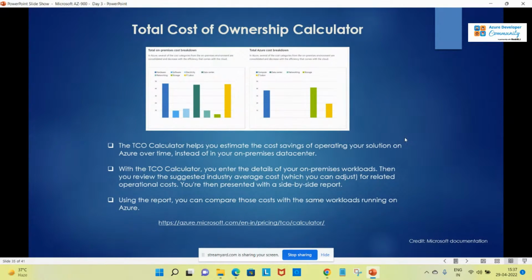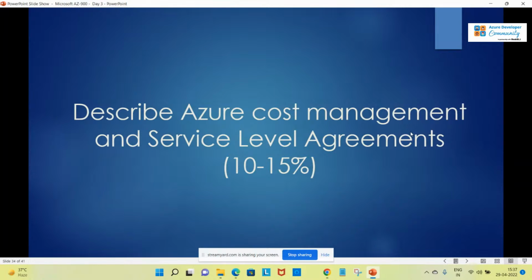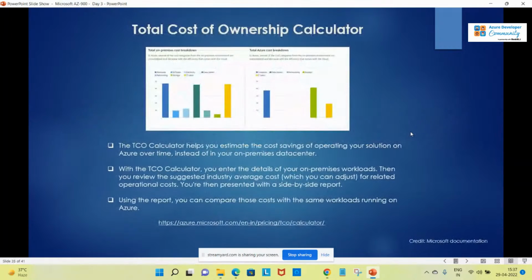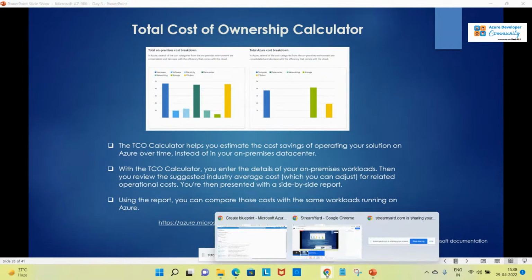Now it's coming up as cost management and service level agreements. So what is the total cost of ownership calculator? The TCO calculator helps you estimate the cost savings of operating your solution on Azure over time instead of in your on-premises data center. So it will help you calculate that if you are running some services from your on-premises and you are then moving into Azure, how much savings you are making. So if I go to this